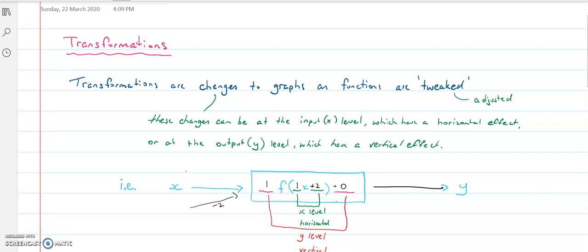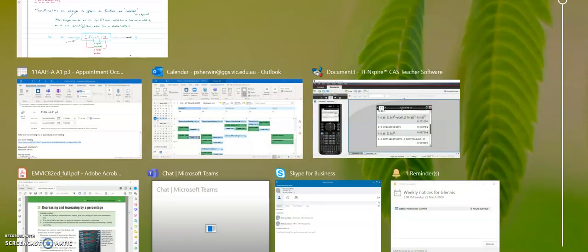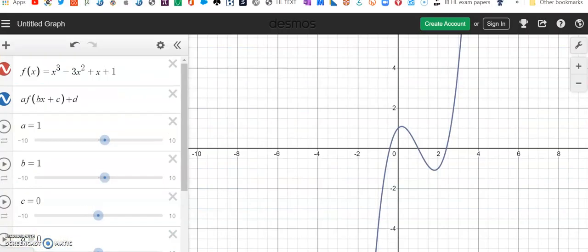So what was there originally, I now have to have 2 less for x to get the same output for y, if you get what I mean. Because if I put in 2 less, that'll balance this +2 out. So that's why we see the effect we're about to see when we add 2. So I'm going to change this value of c now, and I'm going to drag this button across to +2,